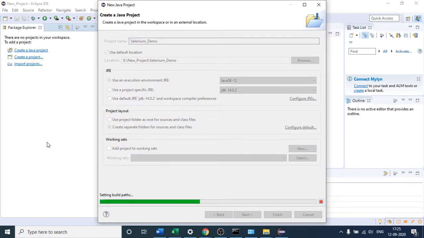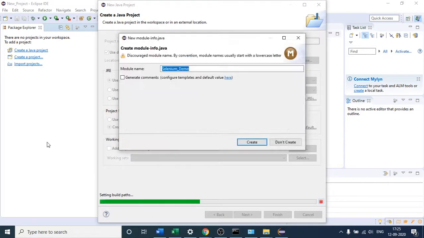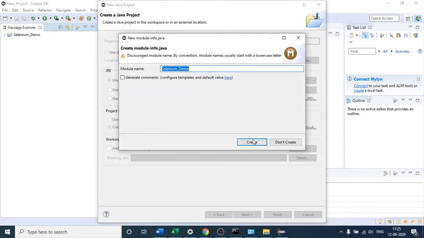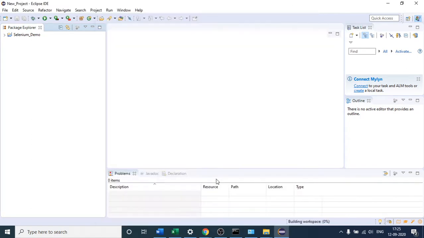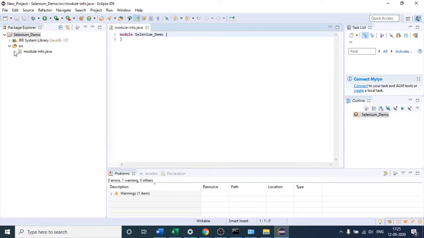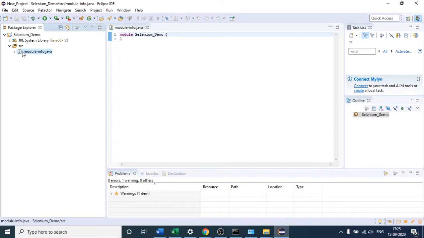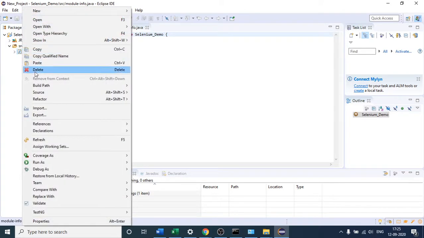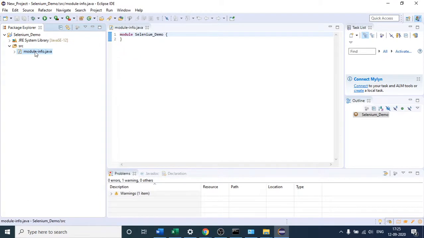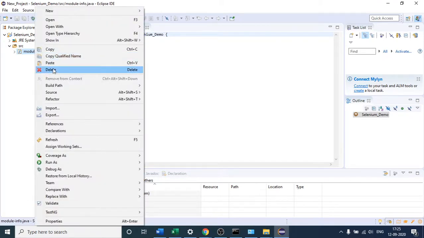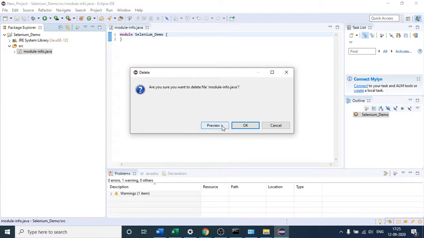So it will take some time, and after that it is saying that you can create... okay, you can ignore this. Okay, so it has created one for me, you can see. Let us wait, it is loading again. Okay, I think it has loaded, and I suggest you delete this file if you are seeing it, because we do not require it. Sometimes I've seen that this file gives unnecessary errors, so it is better to remove it.